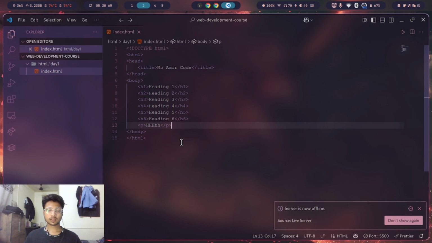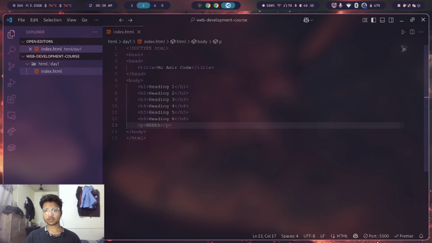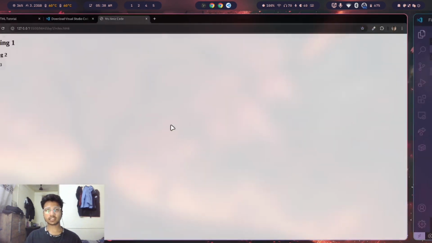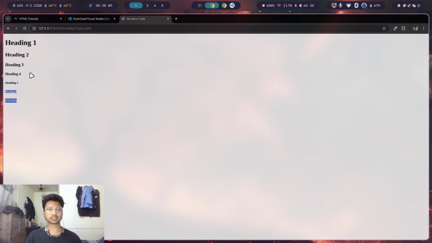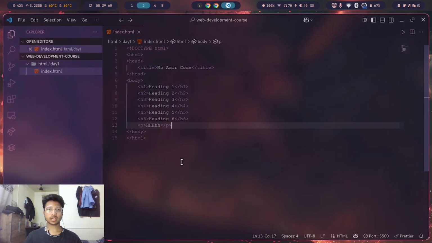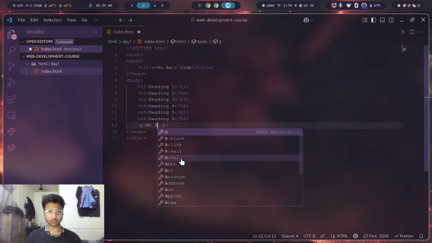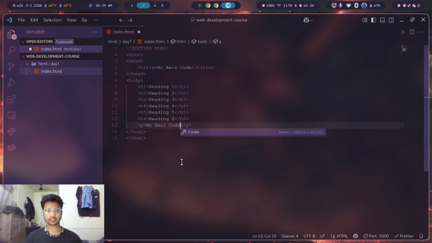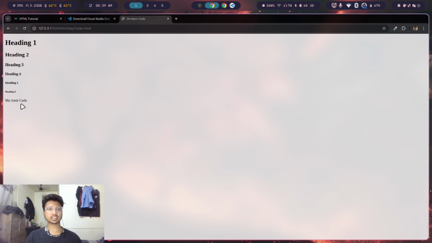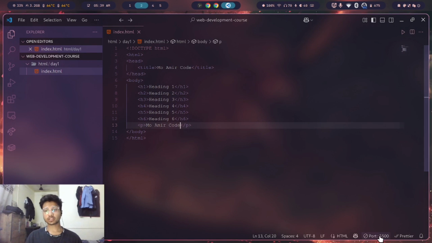So after clicking on the Go Live button, your code will be started. Whatever you update here, you don't need to press the refresh button again and again, because this will be started on your local host, and whatever changes you do will automatically reflect in your browser tab. So you should install the Live Server extension, and these are the headings as we discussed there,